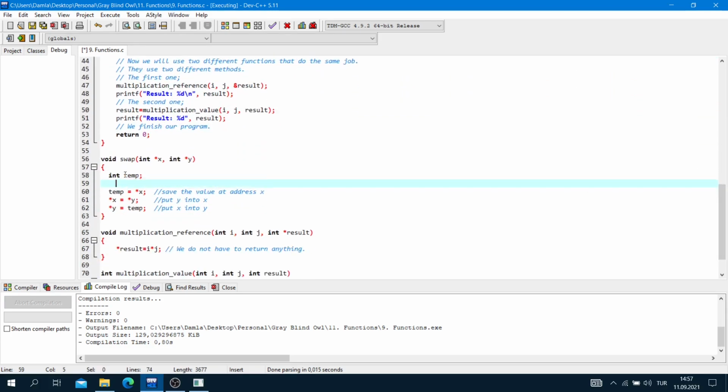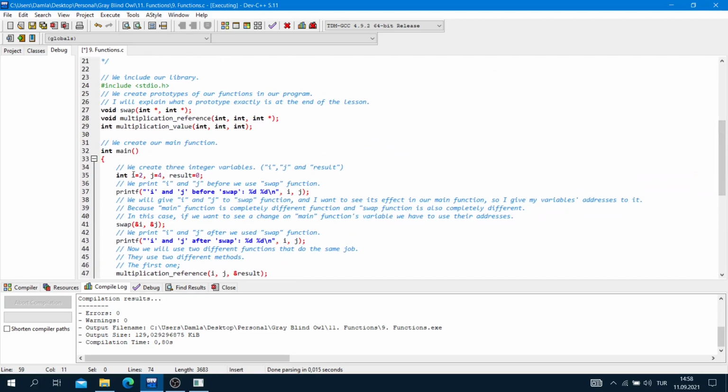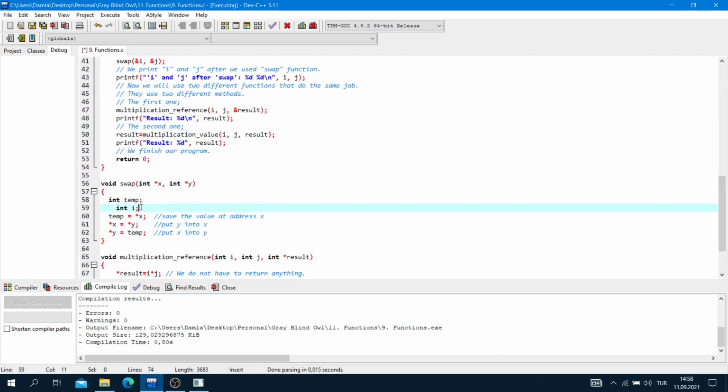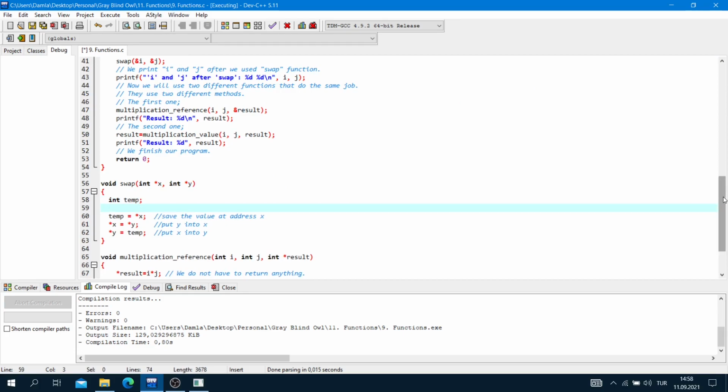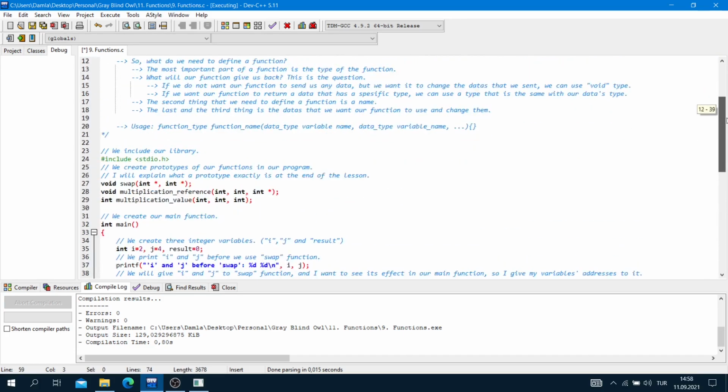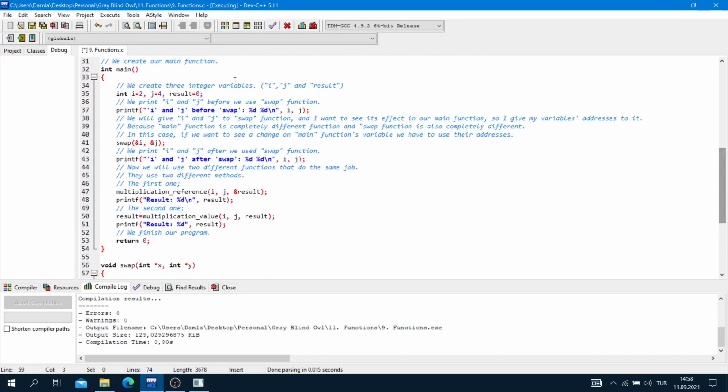If I define here integer i, this i's address can be equal to 3. These i and these i are different. So we have to send its address if I want to see its change.